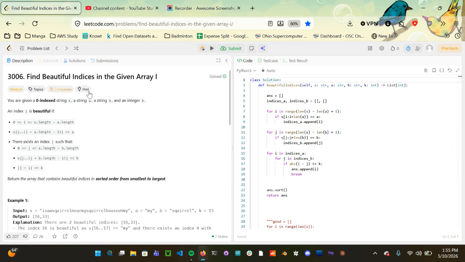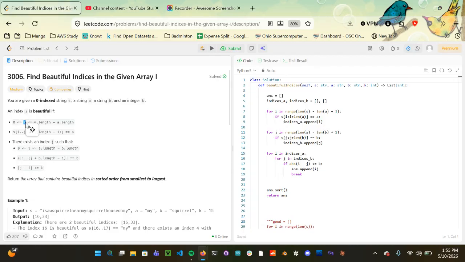All right, hello guys. So today we're doing LeetCode number 3006, Find Beautiful Indices in the Given Array. So here we're given a zero-indexed string S, a string A, a string B, and an integer K. An index I is beautiful if